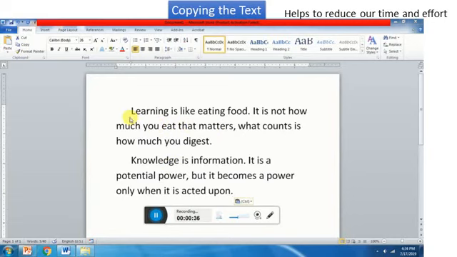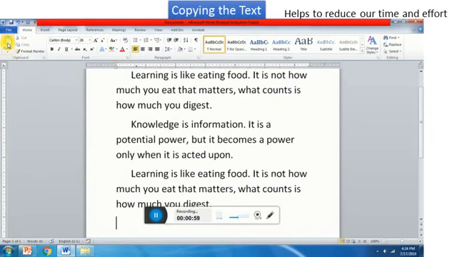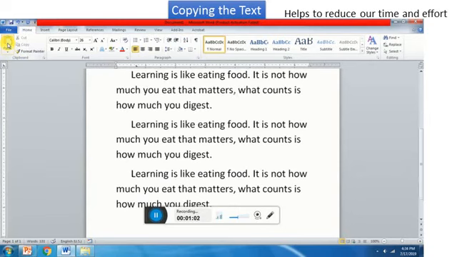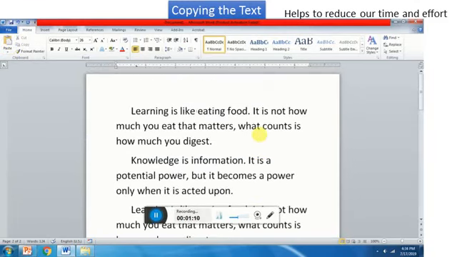Let us see how to copy and paste. You need to select the sentence you want to copy. Then click on the copy section from the clipboard. You can notice that like how we are doing for cut and paste, the sentence is not getting erased. Now place the cursor where you want to paste this sentence and click on paste. You can click on paste as many number of times as you want to paste the sentence. As I told you, you can copy the text from one document to another document also.